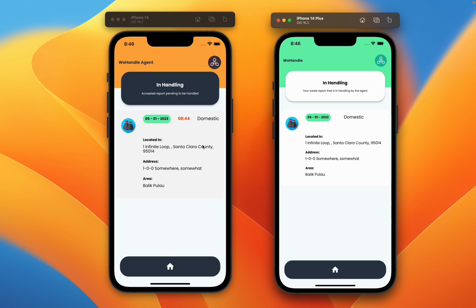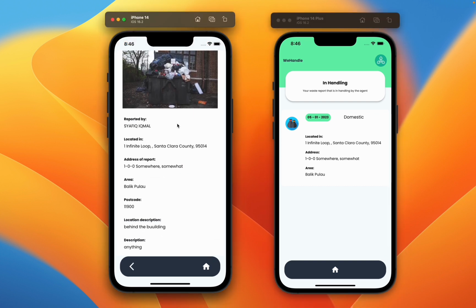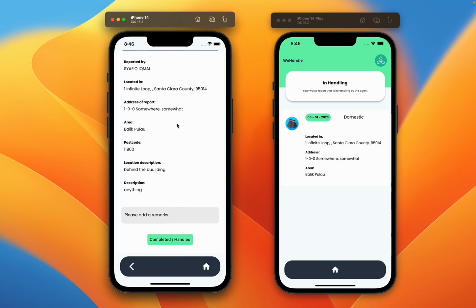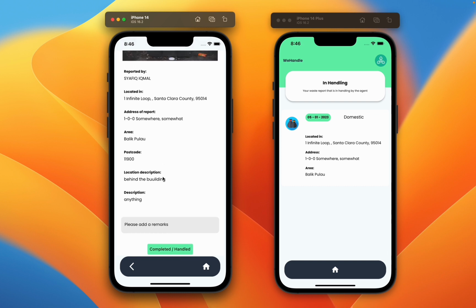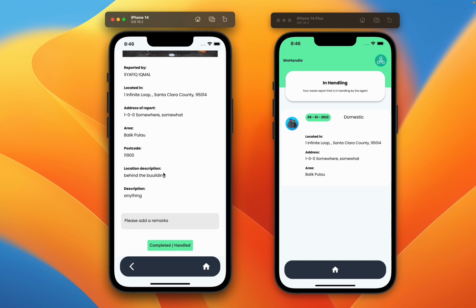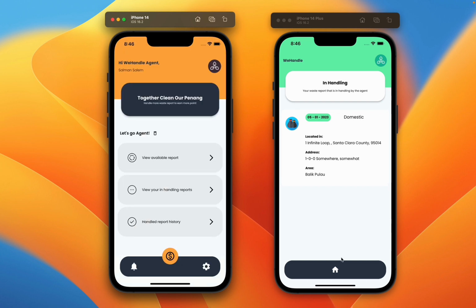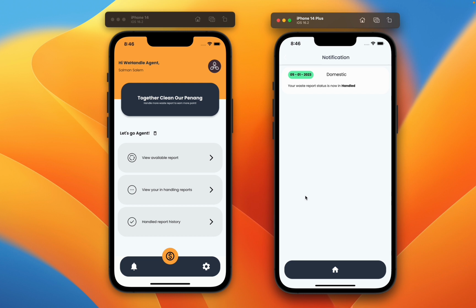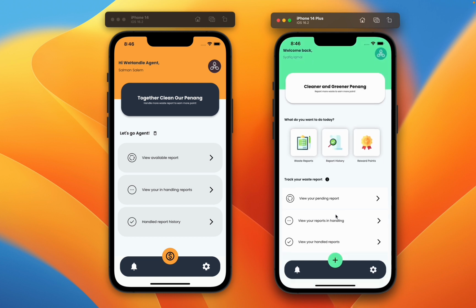and then on the agent side, after the agent has completed assessing the waste issue, they can click on the specific report that they have completed, and then add a remark for user reference, and then mark the report as completed. Then the user will receive a notification saying that their WIS report is now in handle, which means that the WIS report has been completed